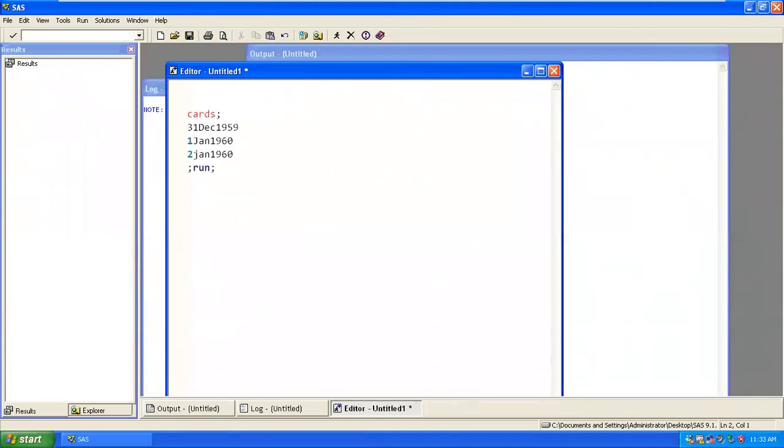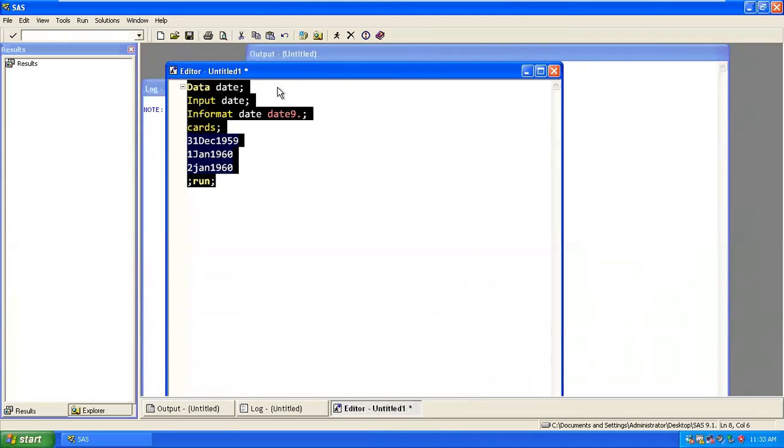So you have data as a keyword. I'm going to create a new data set with input as date column. Now this date is not in a proper format, so I have to use the informat option. I'll say informat date, as this date is in the format of date9. So I'll keep that format as date9 to read this particular date.